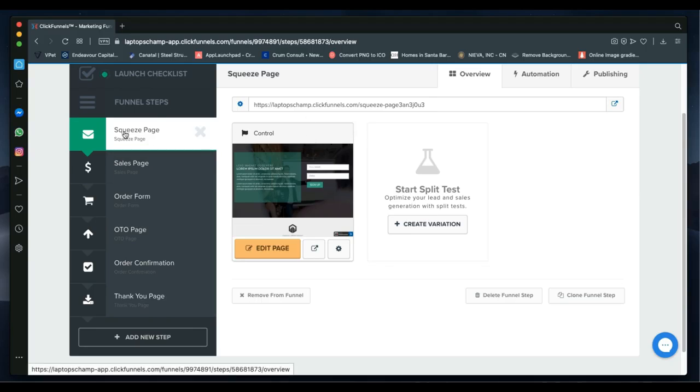Okay, so if you take your attention to this part of my screen, I hope you can see my mouse. Yeah, you can see I'm hovering over all of this. These are the various steps in your funnels. So I'm going to read this out. This is the squeeze page, I'll talk about that in a minute. This is a sales page, this is an order form page, this is an OTO page, an order confirmation, and